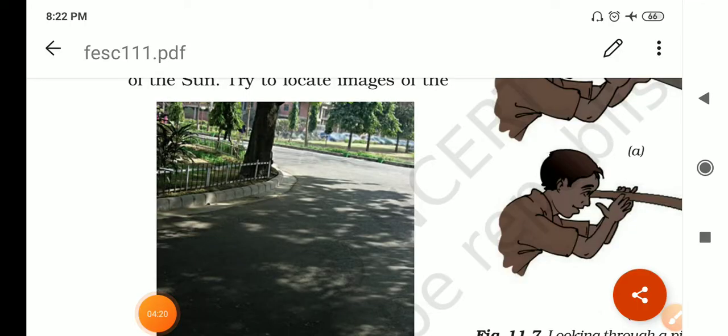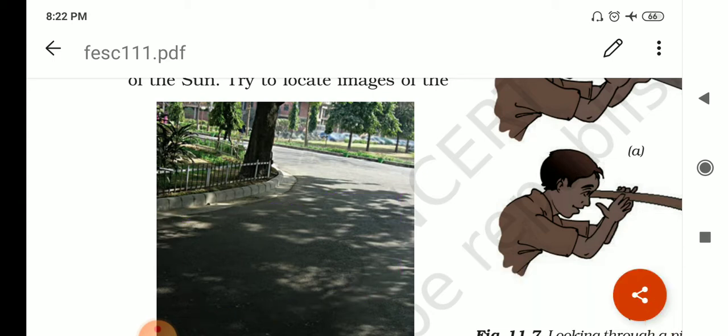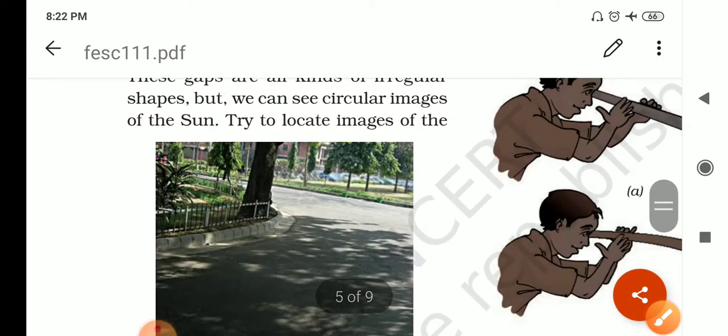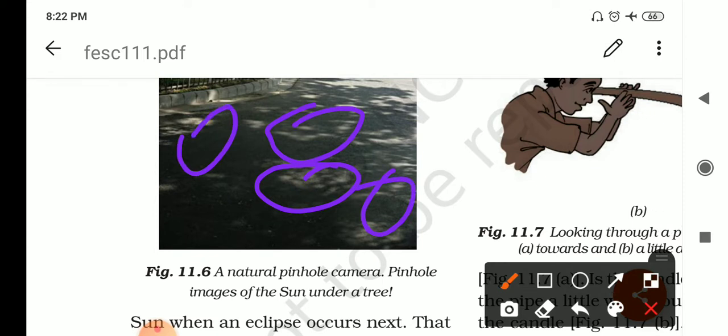Now see this picture. When we pass under a tree covered with a large number of leaves, and we notice small patches of sunlight on the ground, this ground is acting as a screen, and the gaps in between the leaves act as a pinhole camera. And the circular images of the sun, you can see here, are formed on the ground. The gap is acting as a pinhole, as I told you. This is the image made by the pinhole camera. These gaps are all of irregular shapes, but we always see the circular image of the sun, right? Okay,